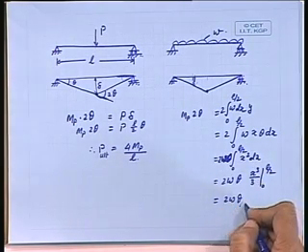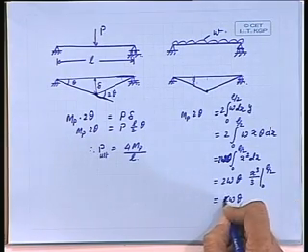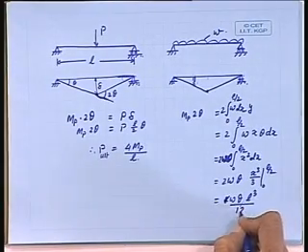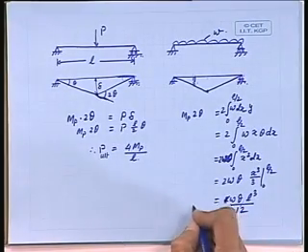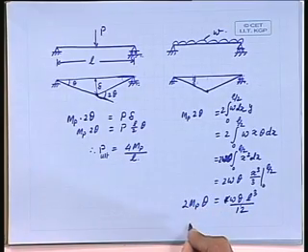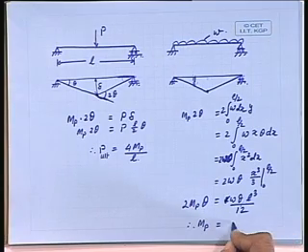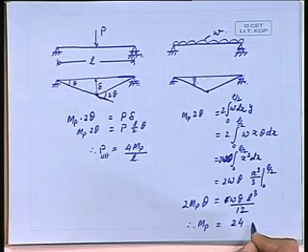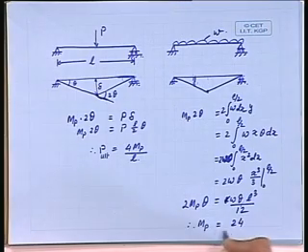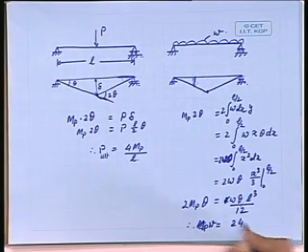So, L cube by 8, 8 threes are 24. Therefore, W is equal to 24 MP by